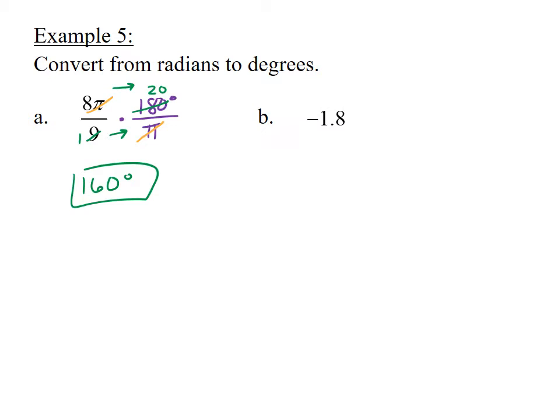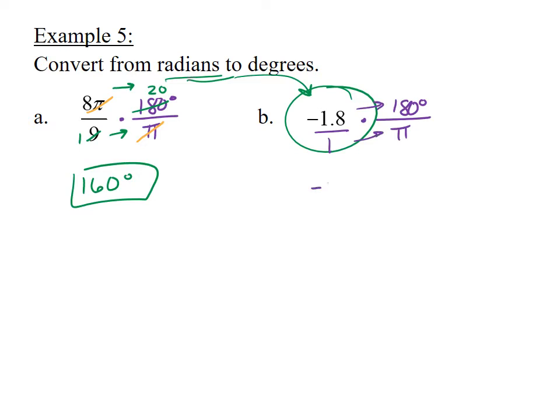Remember, radians don't carry any units when they're written. So if you just see a number like negative 1.8, if it doesn't say degrees, assume it is measured in radians. So if you want to pause the video and give this a try, you can. You would simply multiply by 180 degrees over pi. So put this over 1, multiply across the top and across the bottom, and you would get negative 324 degrees